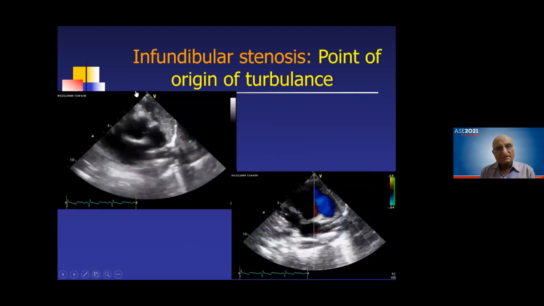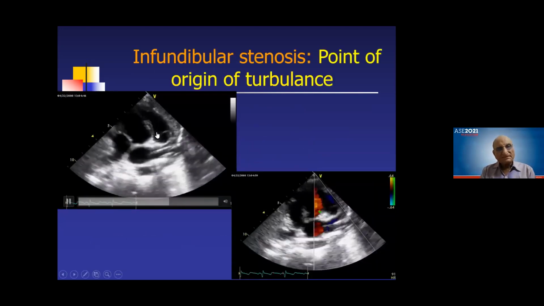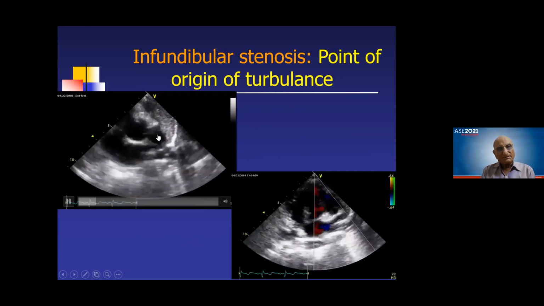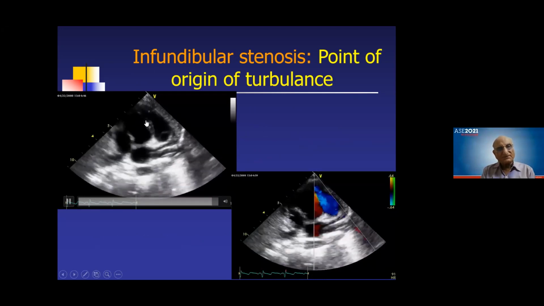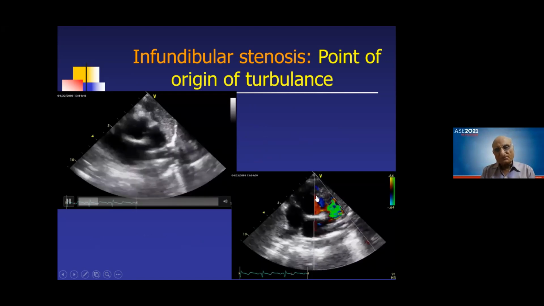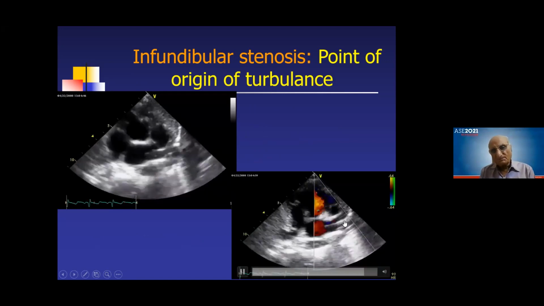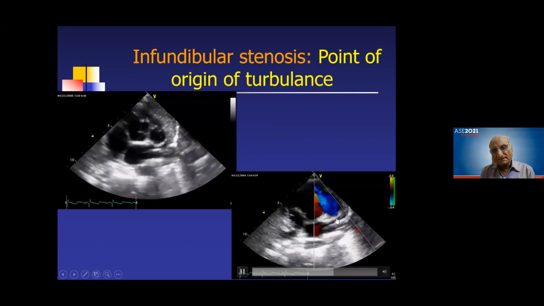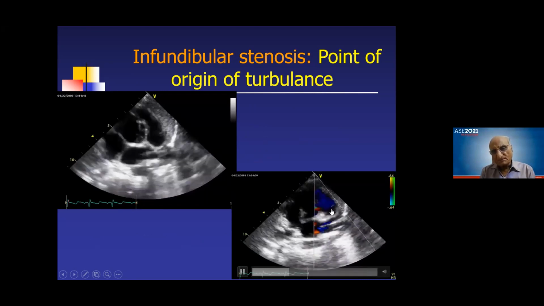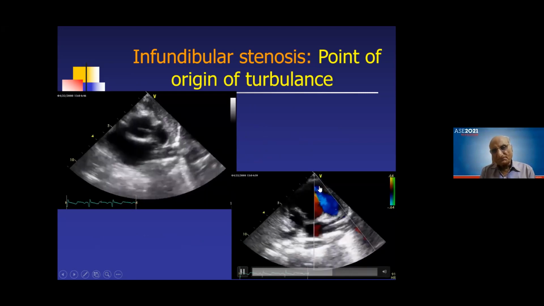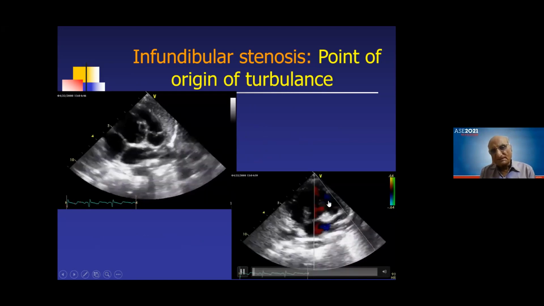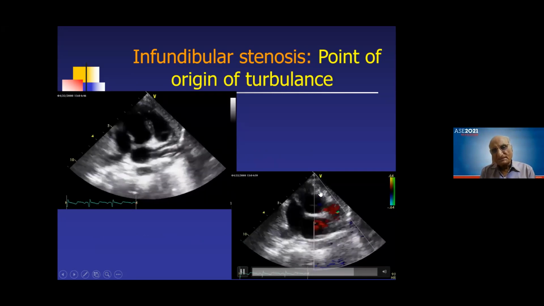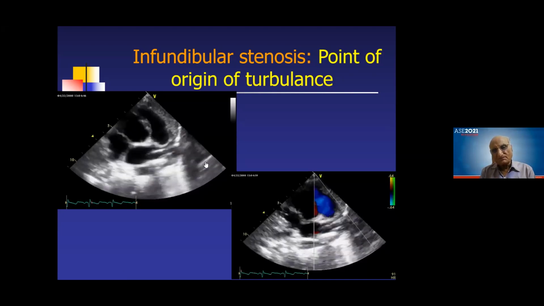Now see this patient, you see the pulmonary valve. The pulmonary valve is not thickened, well seen, and this is the infundibular region. Here you can see that the infundibular region is already getting obstructed. And here you see the flow is coming proximal to the pulmonary valve. This turbulence you are seeing is because of this flow, but the origin is from here. So when the origin of the turbulent flow is from here, it shows it is a sort of infundibular obstruction because the turbulence starts there.